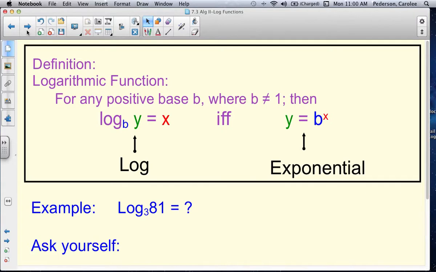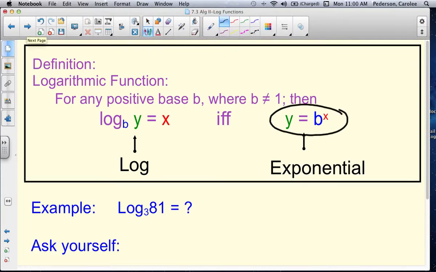We've already introduced what an exponential function looks like over here. y equals b raised to the x power. So you have a base b in the blue raised to some power x in the red. If you were to convert this to a logarithm,